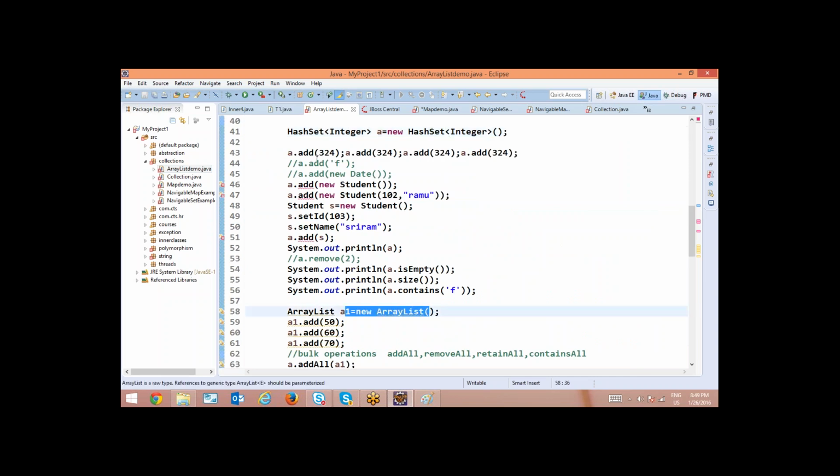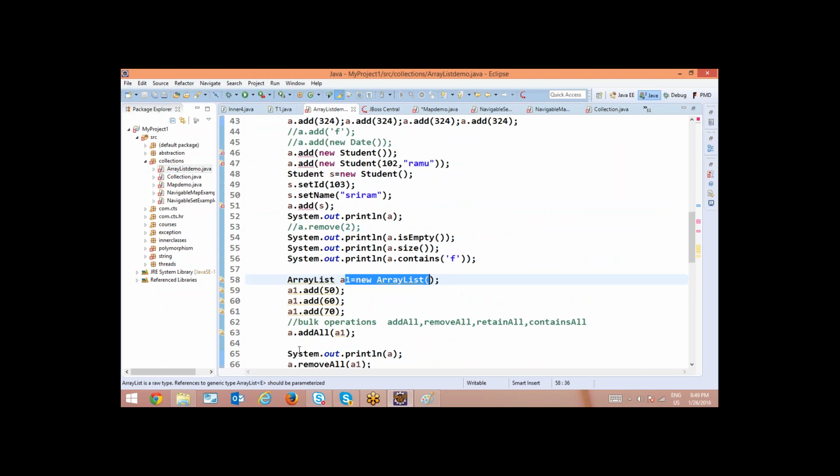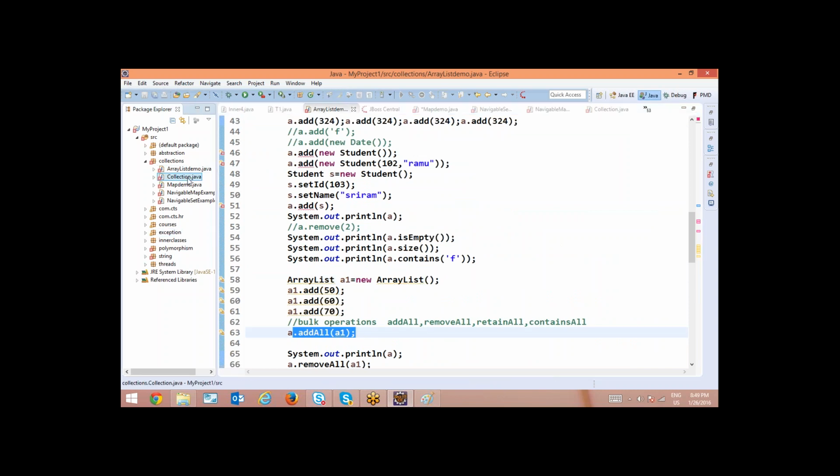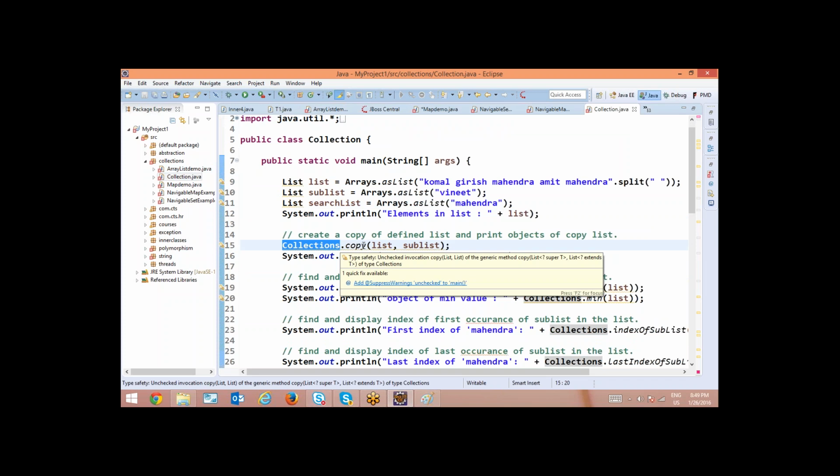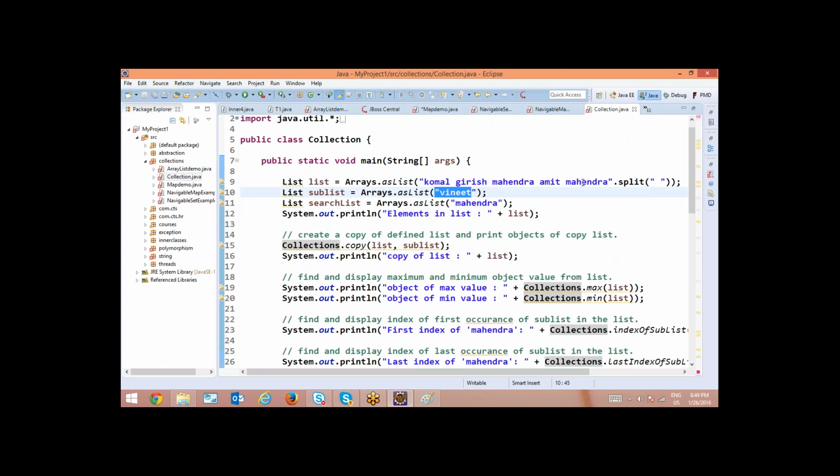A1 is one ArrayList, A is another ArrayList. You are saying addAll, right? Instead of that, we have a method called copy. Collections is a class, copy is a method, give list is one object, sublist is another object. So Vinith is added into this.